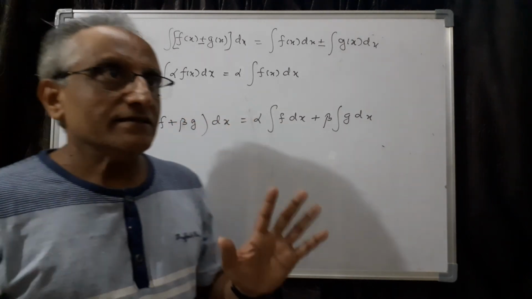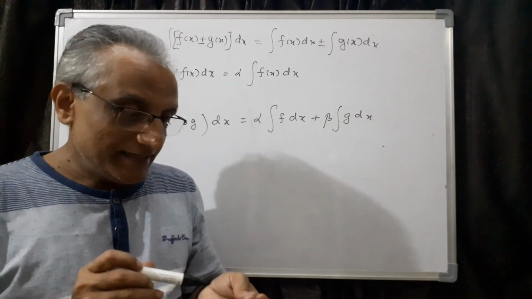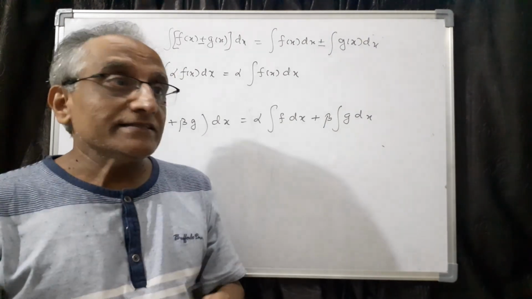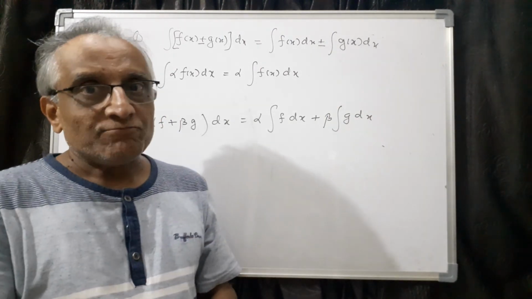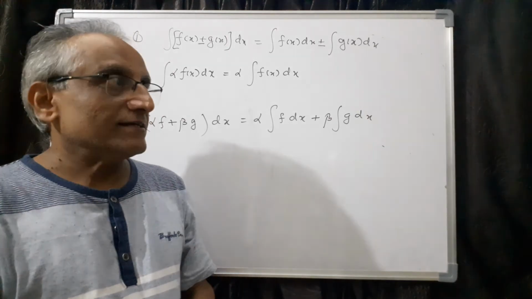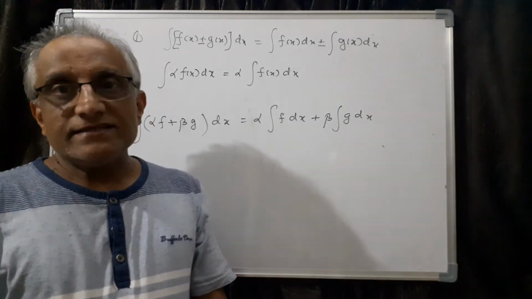So these are the three important results which you have to remember. Based on this we have to integrate. Of course, for integration by parts we have to wait a little bit because it is given in the end. So proof is also there, integration by parts, and there are some connected theorems. So that we shall see later.